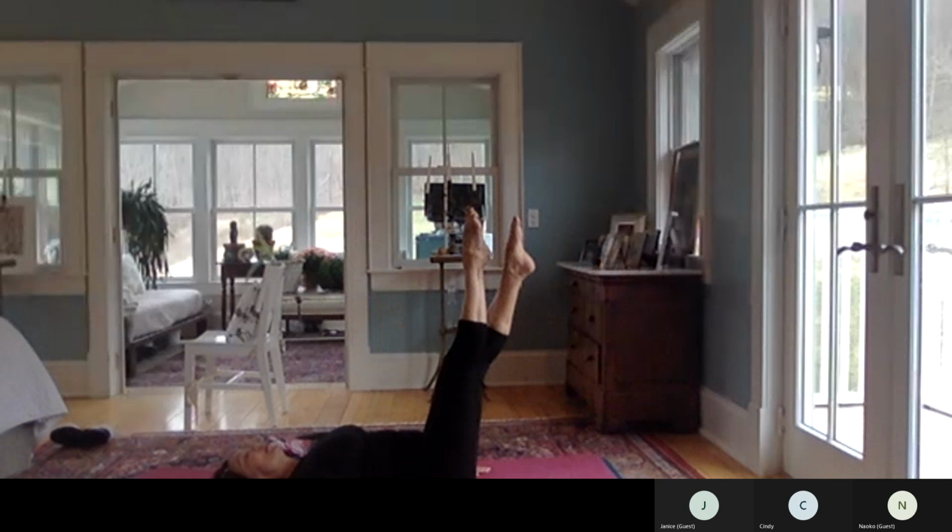6, 4, 3, 2, 1, and rest. Flex the feet, arms overhead, arch the back,